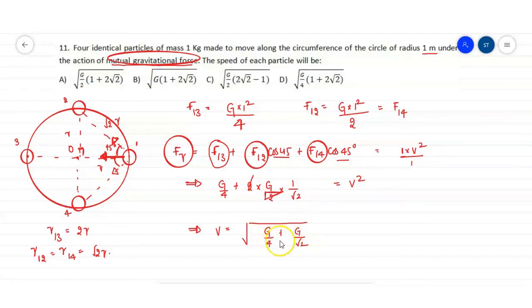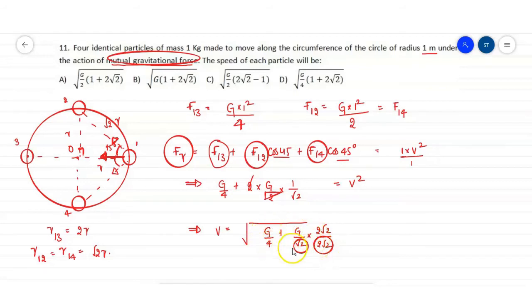We don't have any sort of options in this manner. So what I am going to do is, I am going to multiply this second term with 2 root 2 and divide this with 2 root 2. Why are we doing so? So that the denominator will become 4. 2 root 2 into root 2 will be 4.